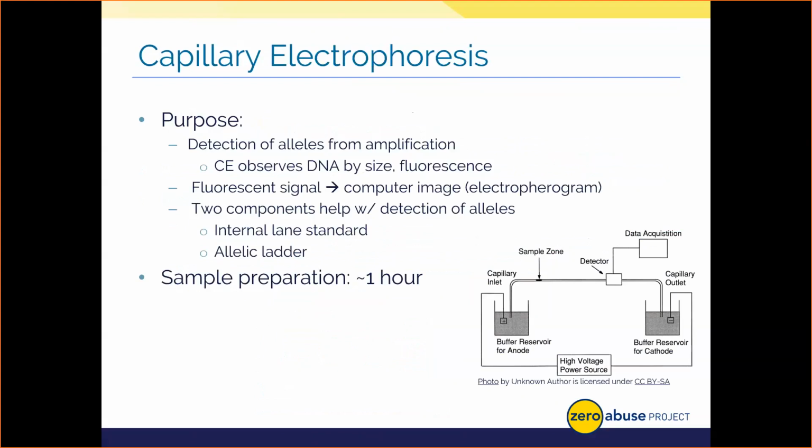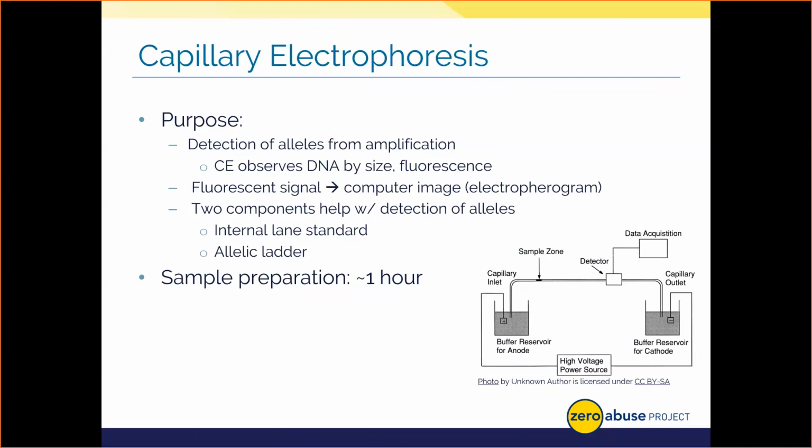This is kind of the final process in the lab as it involves DNA. It's used to generate our profile and see what pieces of DNA are present from the copied DNA we made in amplification. So what happens? Well, for starters, a laser excites the fluorescent tags on each piece of DNA, and a camera detects all the DNA as it moves through a series of small capillary or plastic tubes, and it gets detected.